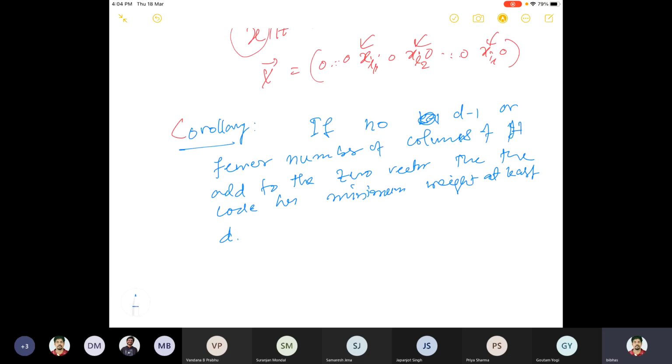Instead, what I'm doing is I will look at the columns of H. Let's say D is equal to 2 or 3. Can there exist some 2 columns which can add up to 0 or not? Suppose there is no such. Then I'll go for the next, D equal to 3. Can we add 3 columns which will give me 0 or not? So keep on doing that, I'll get a number, and from there I can get a bound about my minimum weight. Okay, this is the first thing.